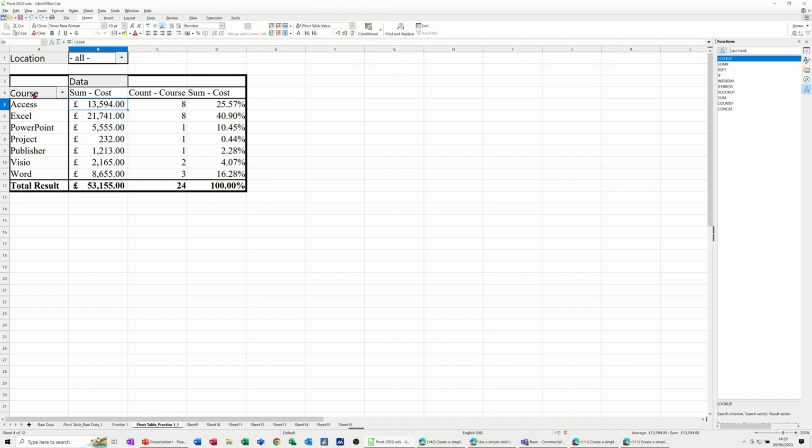Now if you want to change these labels, you can change the labels as long as you don't use the same word as what the field is called. So if I wanted that to be cost, it probably won't let me do that. It just snaps back into sum of cost because that's the